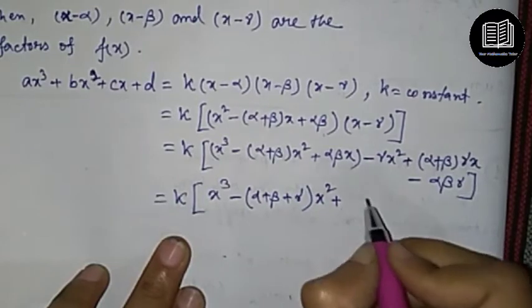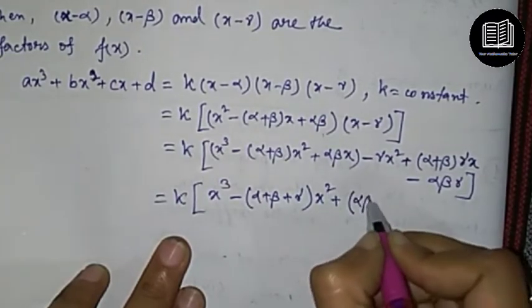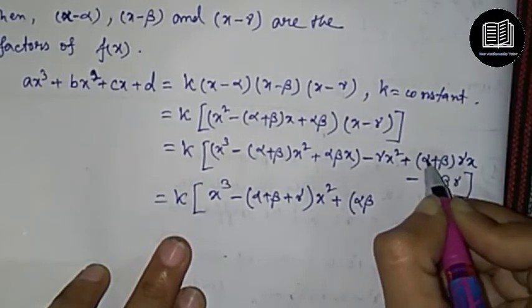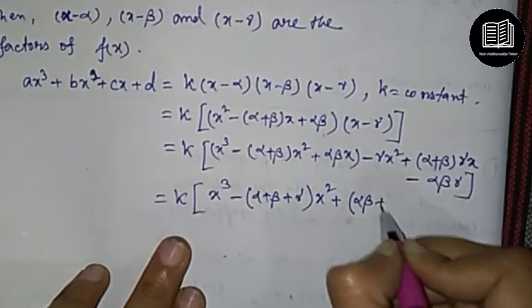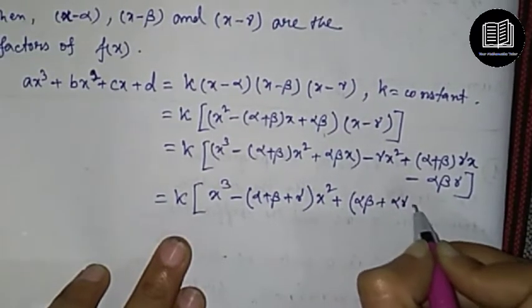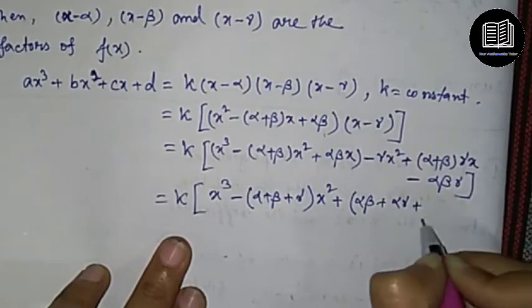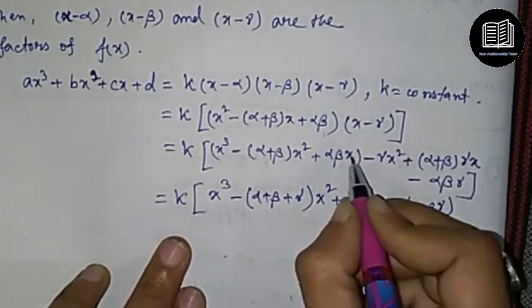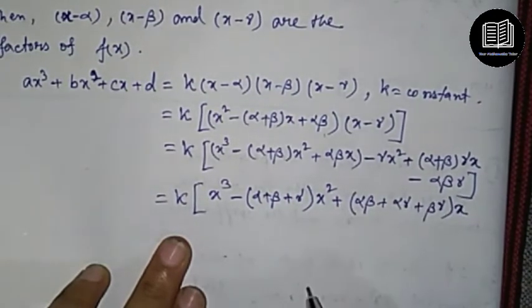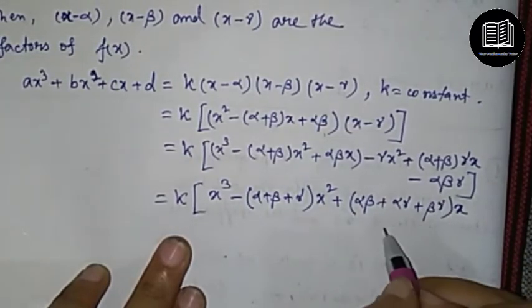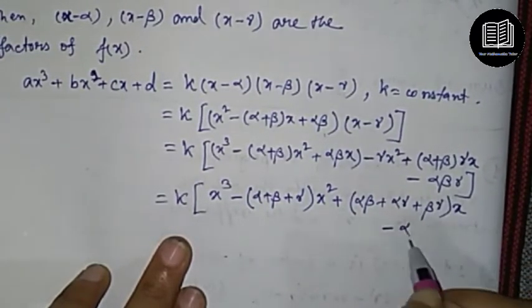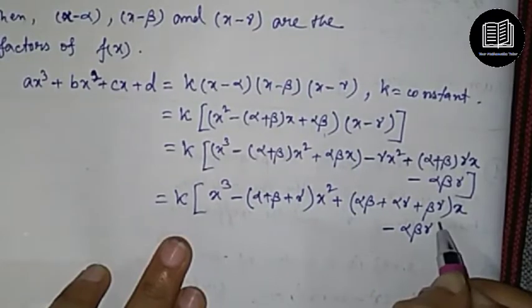So alpha beta, then alpha gamma, and beta gamma, and x is common, right? And the remaining term is minus alpha beta gamma. Hence,